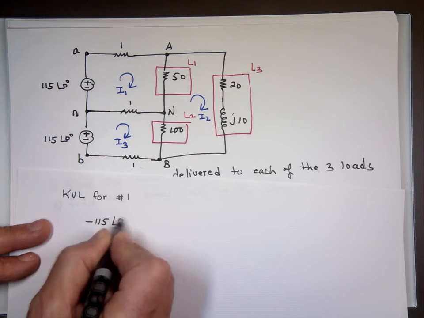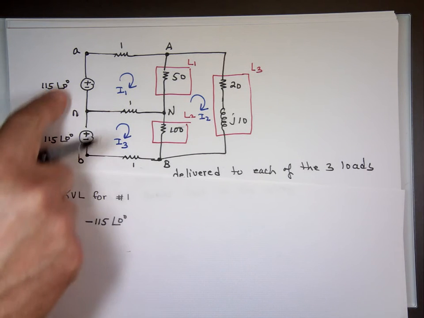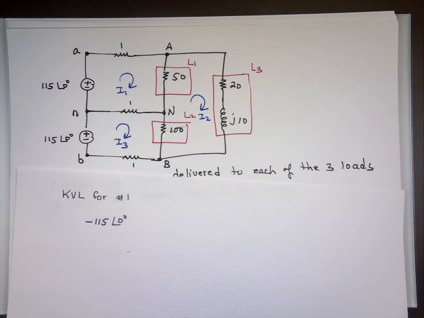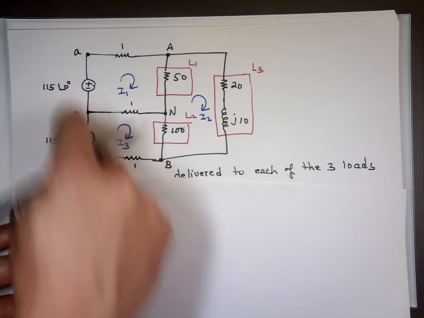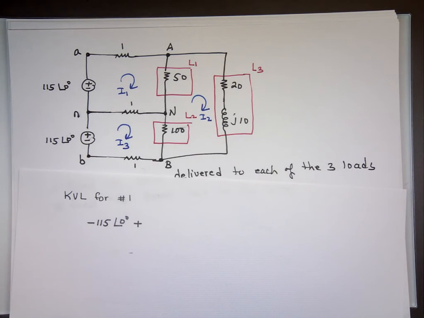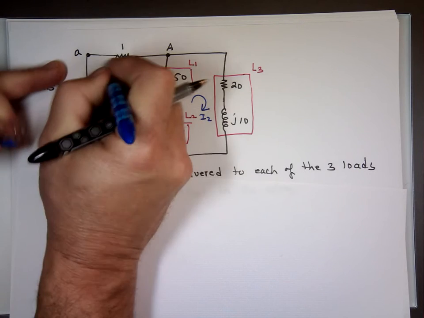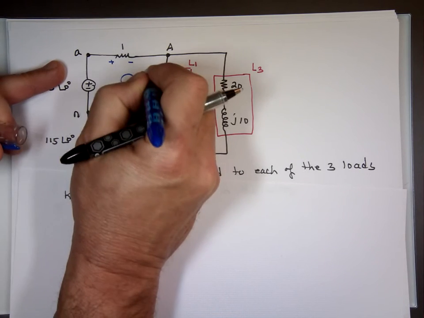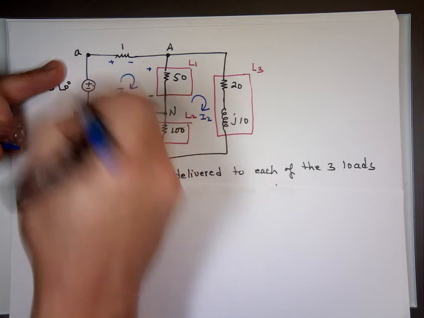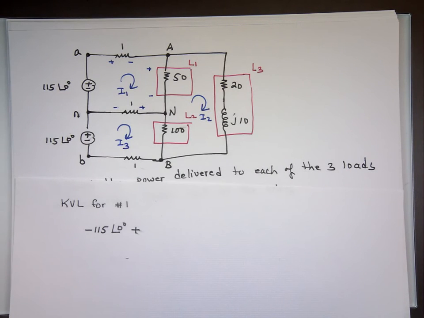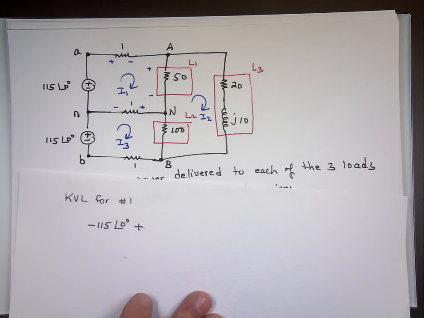I'm the opposite to all these books. They use positive for this, negative for that. Mathematically doesn't make a difference. This will be a plus. When I travel through that, notice I'm marking this one plus, minus, plus, minus, plus, minus. I'm traveling this way. So that'll be a plus